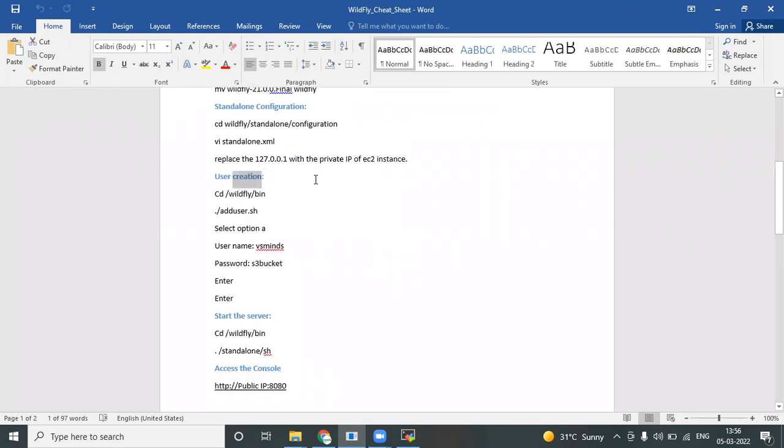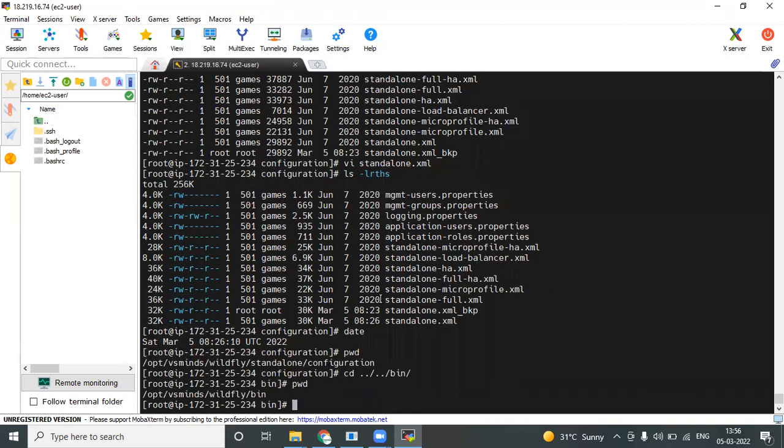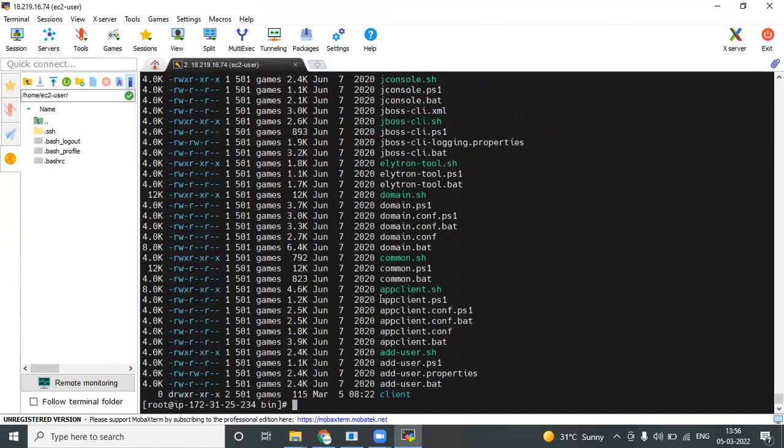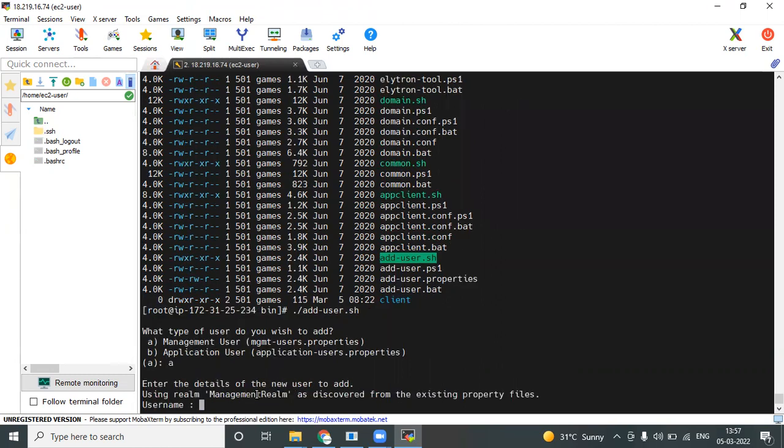So for that we need to move into WildFly and bin. Currently we have, oh yeah, just two steps back. WildFly and then bin. See here, this is the file. With the help of this file, you can create the management user. It will ask, see here, management user or application user. We'll go with the management user. Select option A and the username is